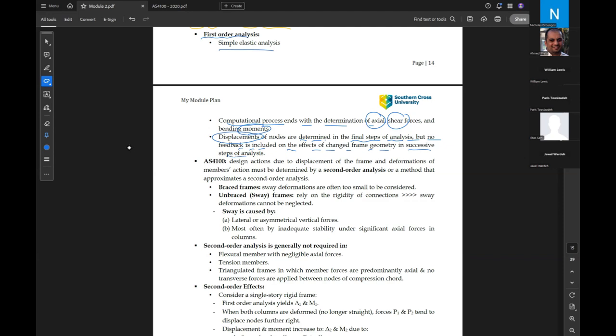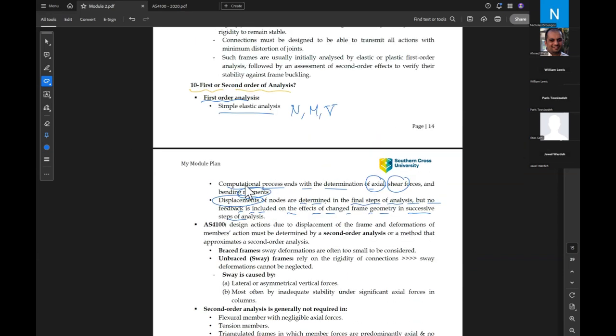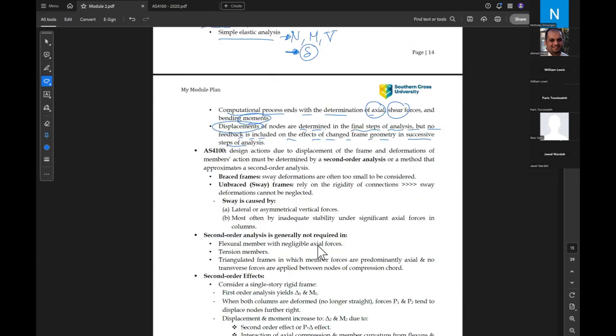So the elastic analysis will give us again normal force, moment, and shear forces, and also deformation delta. So these are the main things we will get from the first order analysis. In the Australian standard, design actions due to sway displacement of the frame and deformation of the member must be determined by a second order analysis. So the second order analysis is sometimes required by the Australian standard